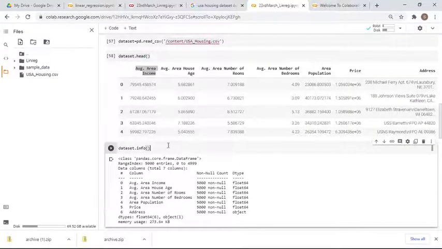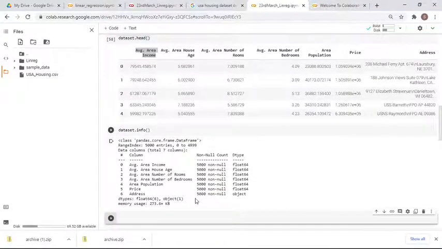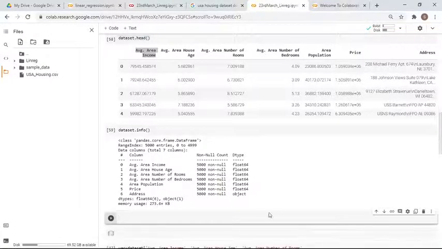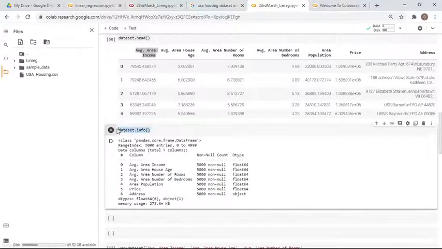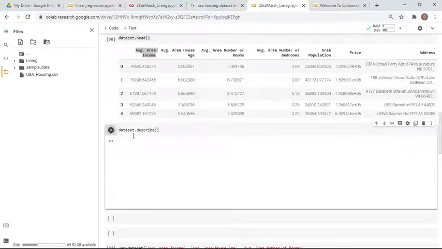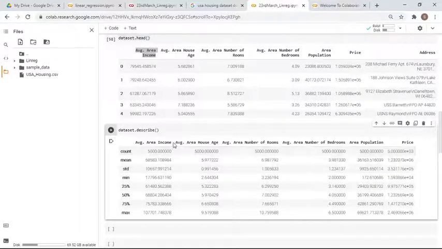Next, let's say I want to get the description of the dataset. For that, just copy it, and here itself you can write describe. This will give more detail than the earlier one. Info was not giving you the total thing, it was just giving you the data types. But once you type dataset.describe, it will describe the dataset: the count, standard deviation, mean, maximum value, everything.